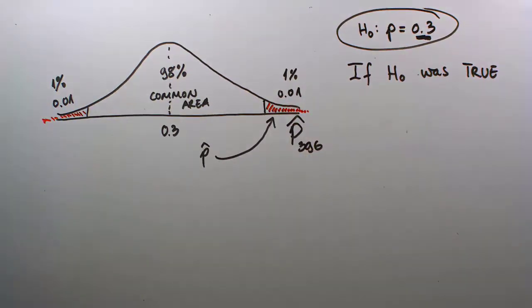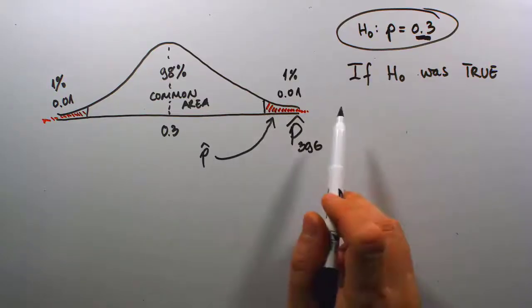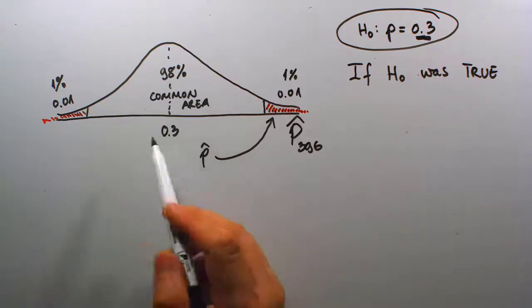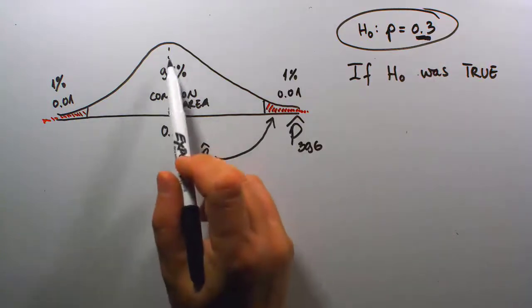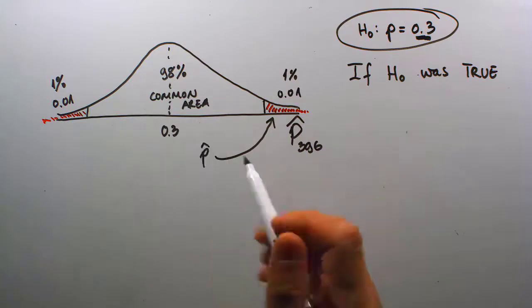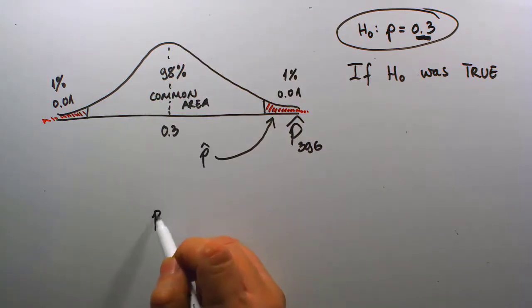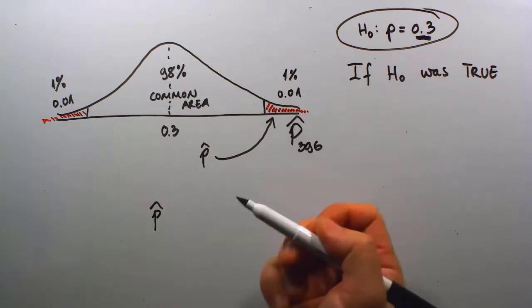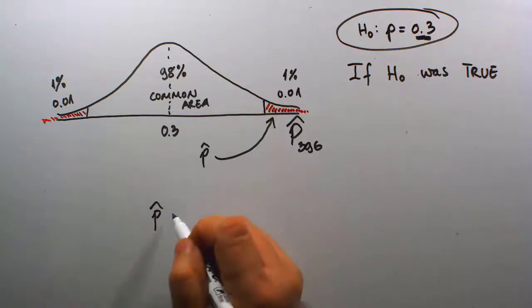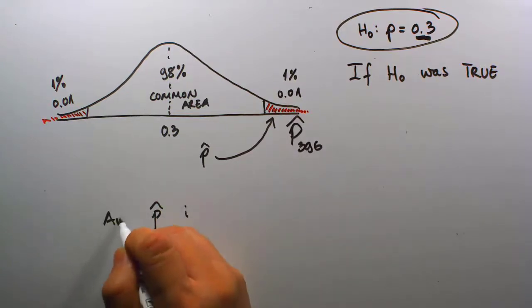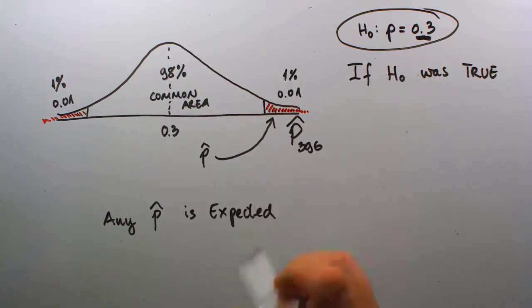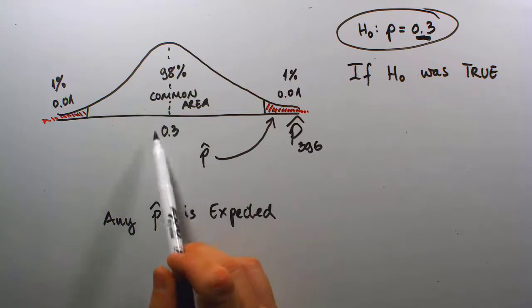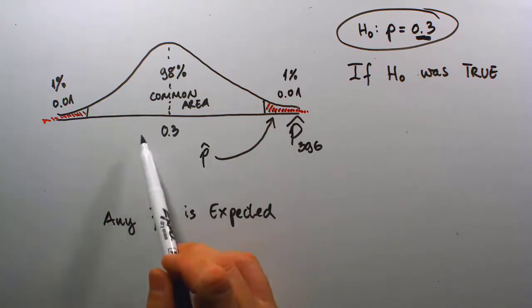And so we have now proven that our p hat belongs to the unlikely area to the right here. So now the logic is as follows. If that claim truly is the truth and consequently is the center of this data, then when we pick any sample, it doesn't have to be our 0.7576, but any sample we have. Think about it as I'm writing this down. When we pick a sample, if this claim truly is the truth,